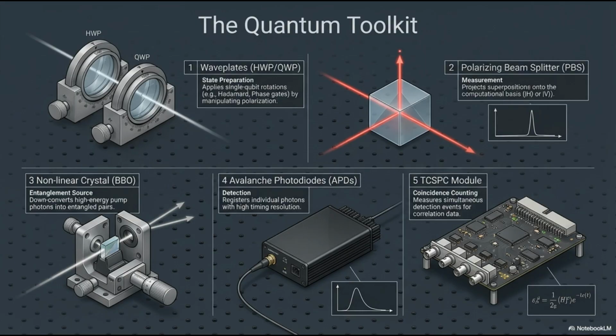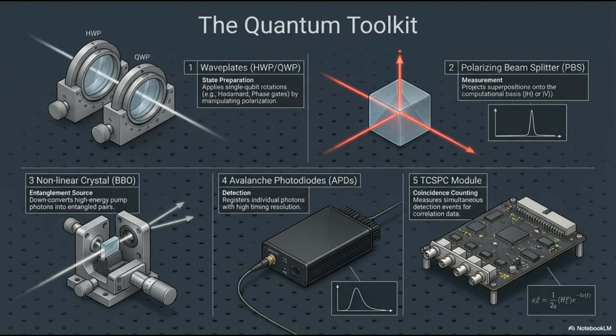Third is the beta barium borate crystal, commonly abbreviated BBO, which functions as an entanglement source through spontaneous parametric downconversion, splitting high-energy pump photons into entangled pairs. Fourth are the avalanche photodiodes, or APDs, which are single-photon detectors capable of registering individual photons with very high timing resolution. The fifth component is the time-correlated single-photon counting module, or TCSPC, which performs coincidence counting by recording simultaneous detection